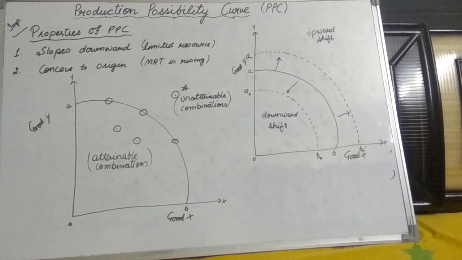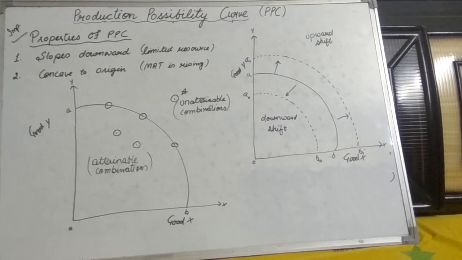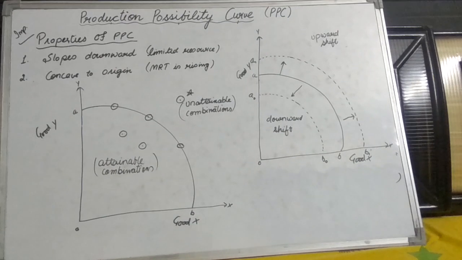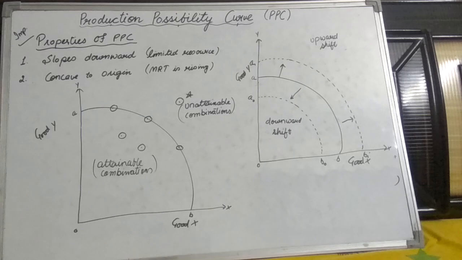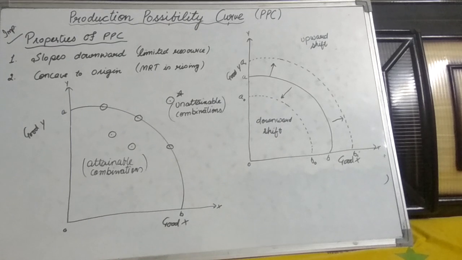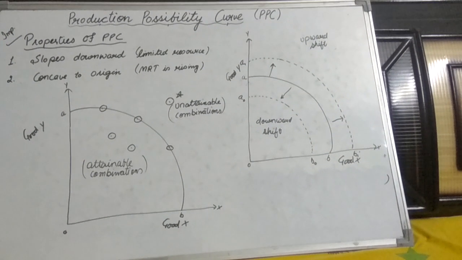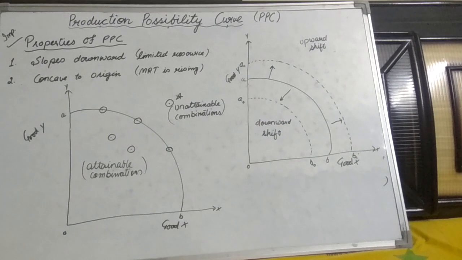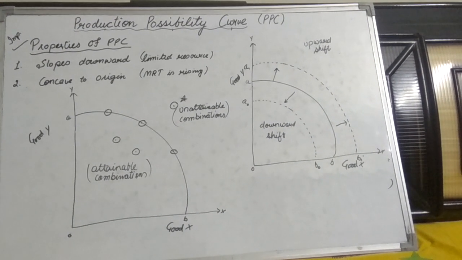And opposite to this, if the resources decrease, or technology for both the goods becomes backward, outdated, then the PPC shifts downward. This downward curve is indicated by A0, B0 because it is shifted downward inside the original production possibility curve, and an upward shift in PPC is indicated by A1, B1 as this indicates the rise in resources, the positive change in the technology of both the goods.